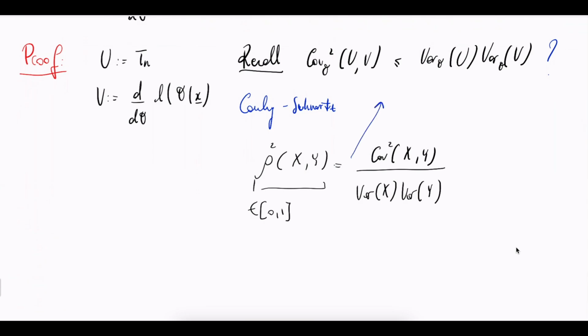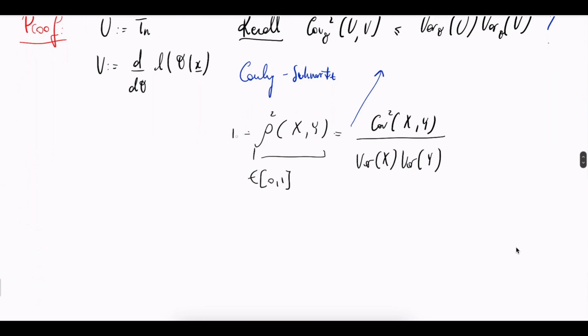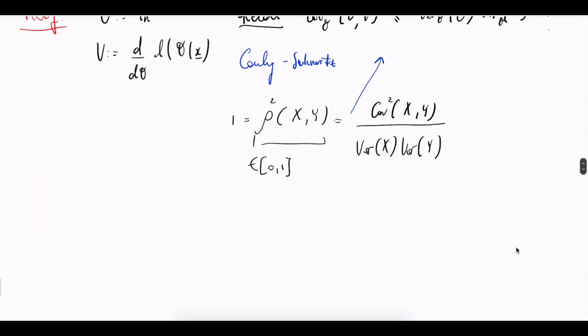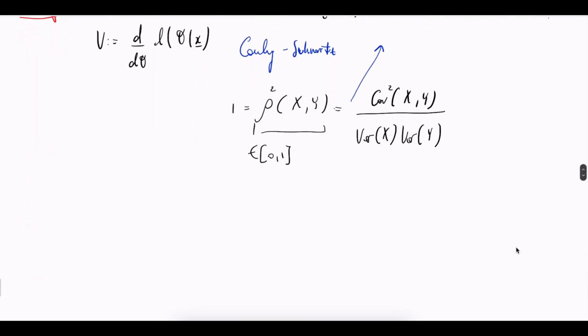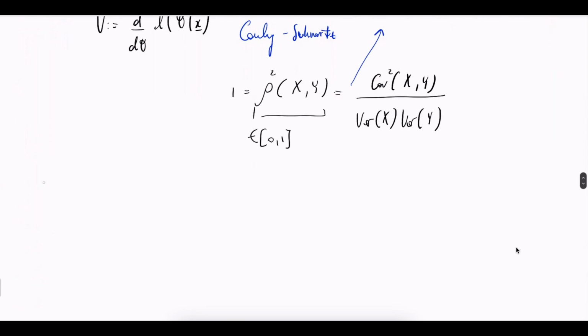When does the equality hold? Very simple: when this is 1 and there is a linear relationship, they are linearly correlated. So if there exists a linear relationship, then the equality